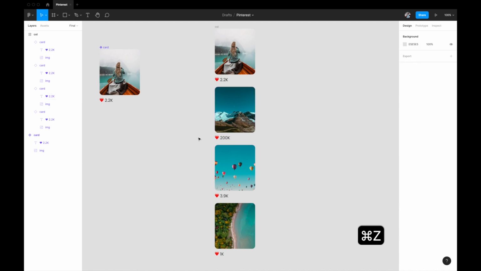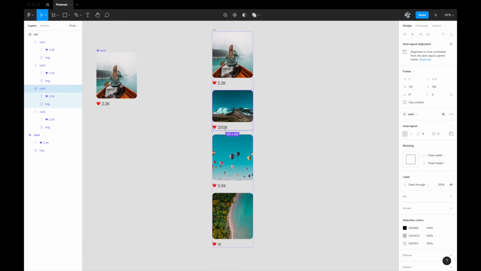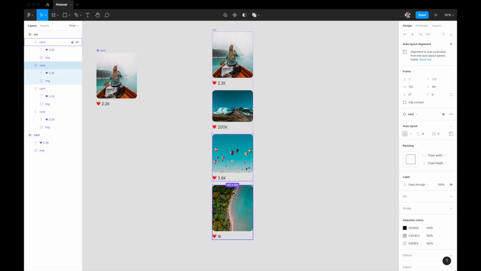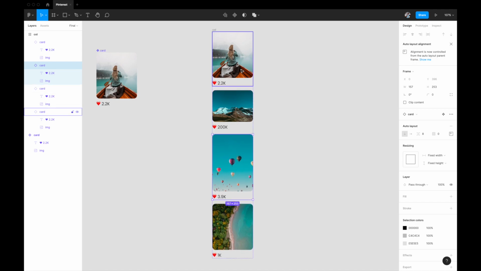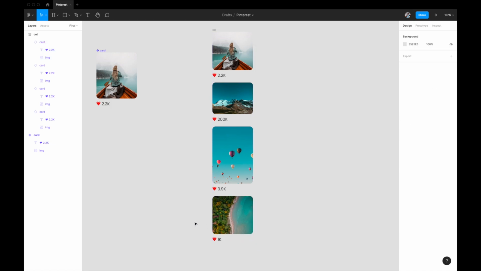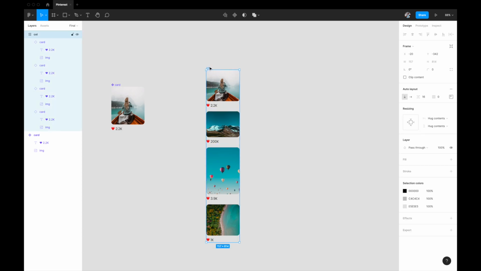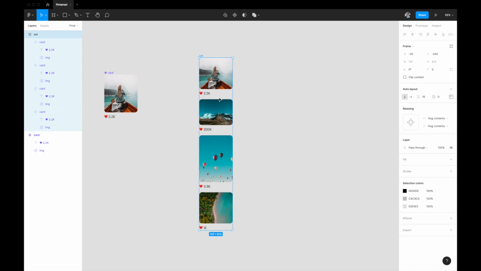Okay. So now we have this, and to create Mason grids, as I explained, they are mostly irregular in dimensions. So if you want, you can resize any element you want. Like this, you can make something bigger, you can make something smaller. So let's make this one bigger, make this one even smaller, and you can try to work it out in different directions, whatever you feel like. You're free to do anything you want here, and auto layout will maintain all the properties that you have set for it. So great, we have our column 1 ready.